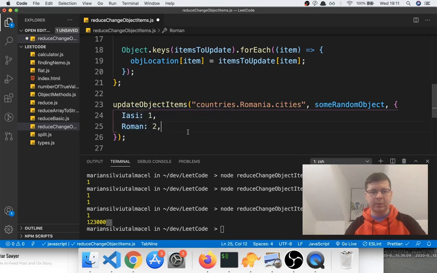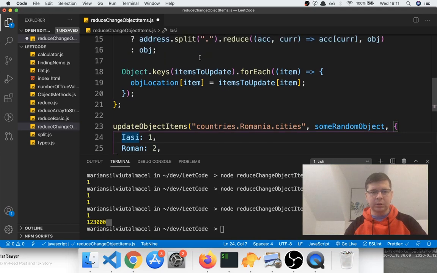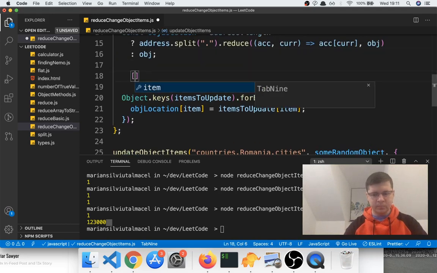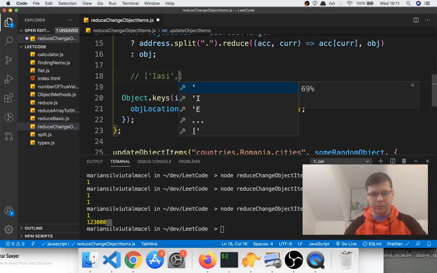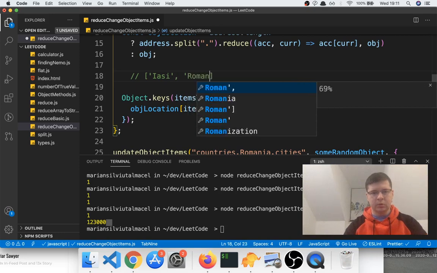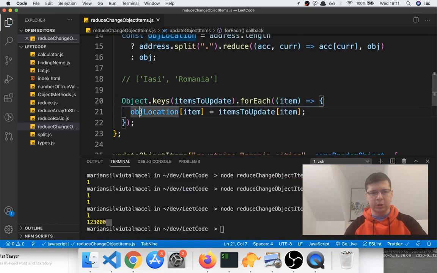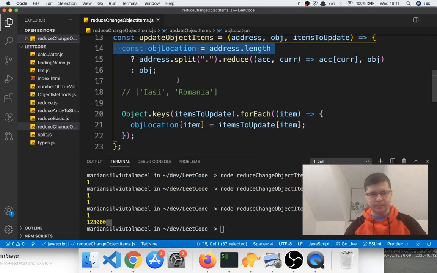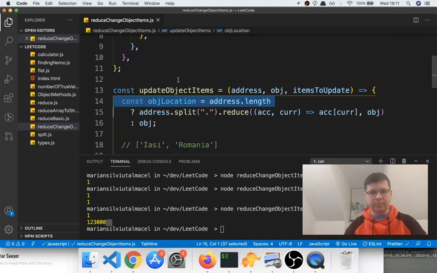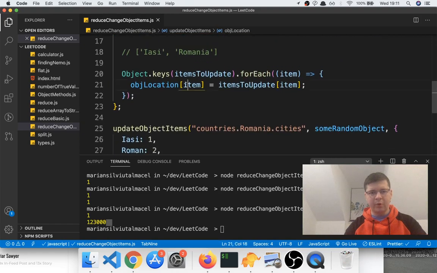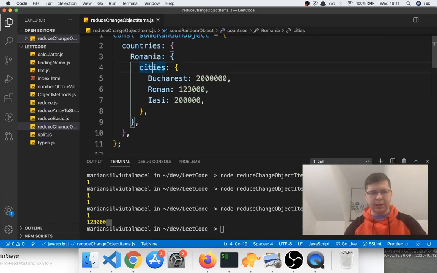In this case, it will return an array like this: Iași and Romania, and it will say for each of these properties, for each item, object location, so this address in the big object of item, so it's saying this address, because now we have the address of Iași,